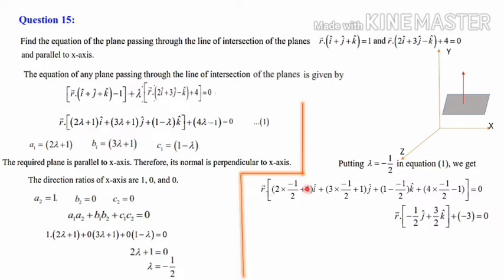This calculation, that is i cap, when you check here 2 into minus 1, that is minus 2. When you take the LCM here, 2 into 1 is 2. So 2 minus 2 is 0, 0 by 2 is 0. So i cap is gone. And when you take the j cap here, 2 into 1, that is 2, 2 minus 3 is minus 1. So minus 1 by 2 into j cap, it's written here. Then 2 into 1 is 2, 2 minus minus 1, that is 2 plus 1, 3, 3 by 2 into k cap. And here 4 into minus 1, that is minus 4, here it is 2 into minus 1, that is minus 2. So minus 4 minus 2 is minus 6, minus 6 by 2 is minus 3, equal to 0.